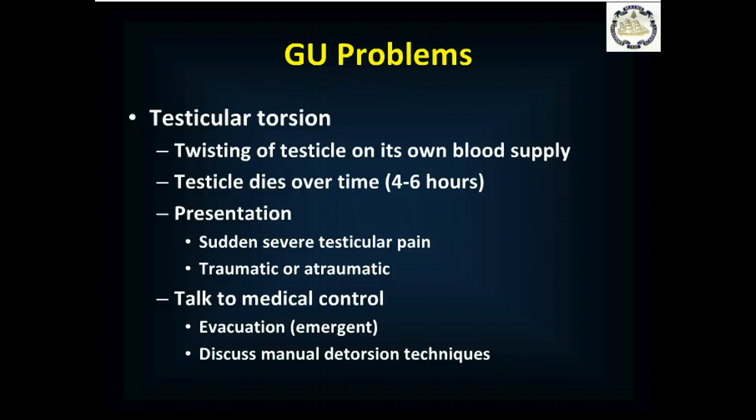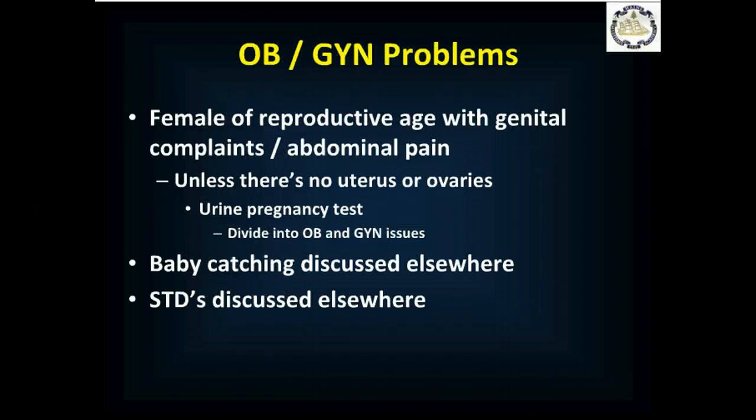And if it's going to be delayed and you're not right at the dock, you may need to talk about what are called manual detorsion techniques, where basically you take the testicle and you untwist it, and medical control can walk you through that. So now we'll talk about female obstetric and gynecologic problems, and what we're talking about is